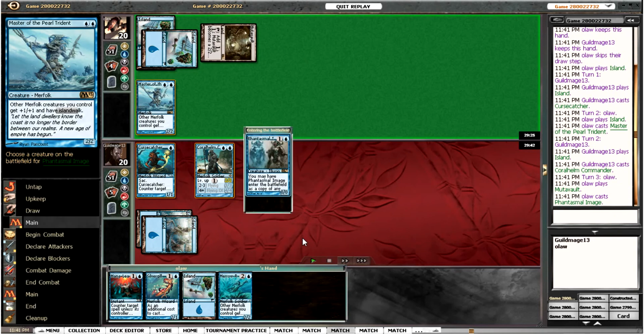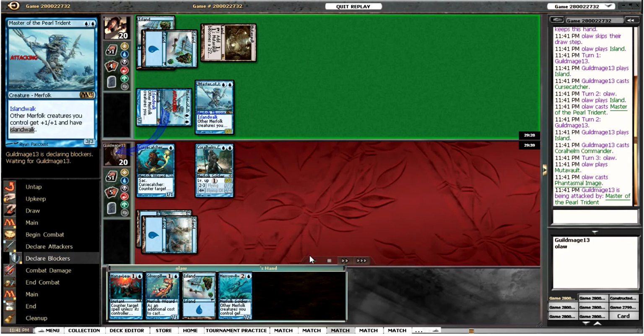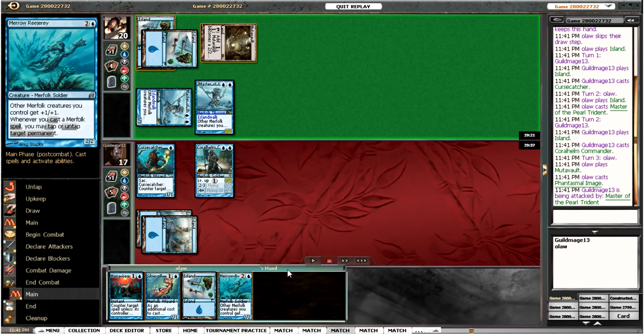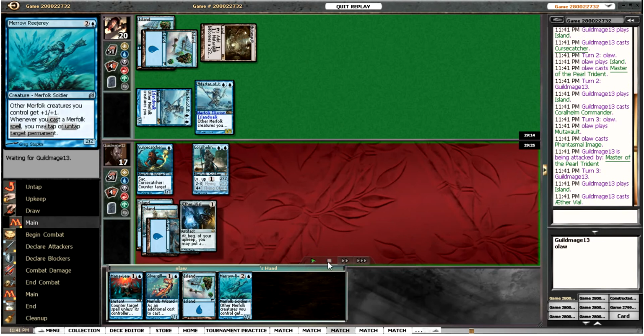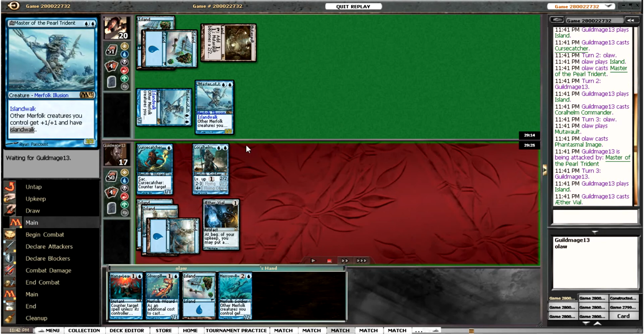I'm going to play the Phantasmal Image here, copy the Master, and then we're going to attack in unblockable thanks to Islandwalk. So we're getting 3 damage here, which is nice. We draw a Merfolk, which is pretty good, so we can get some extra pumps. Hoping our opponent doesn't have any way to target the Master, the Phantasmal Image, because obviously it'll just die and